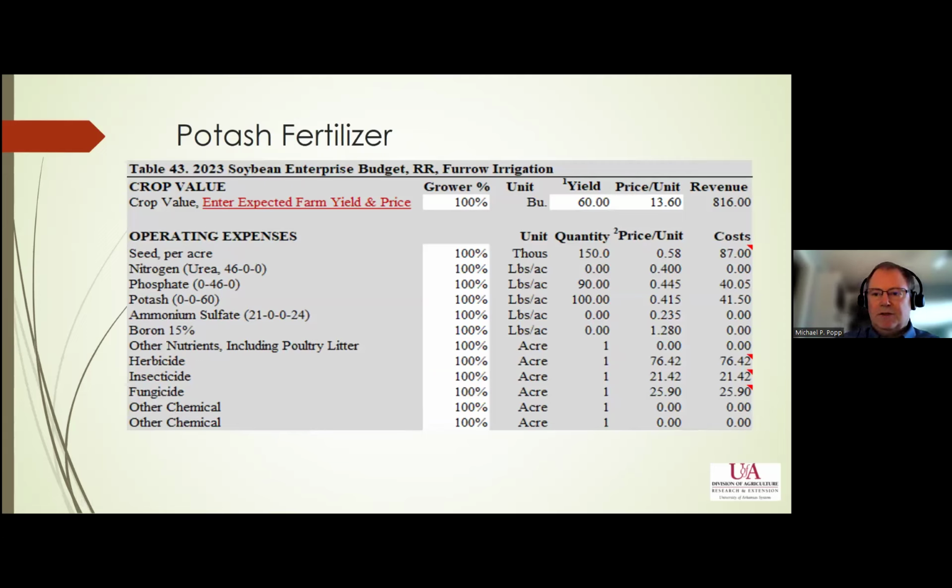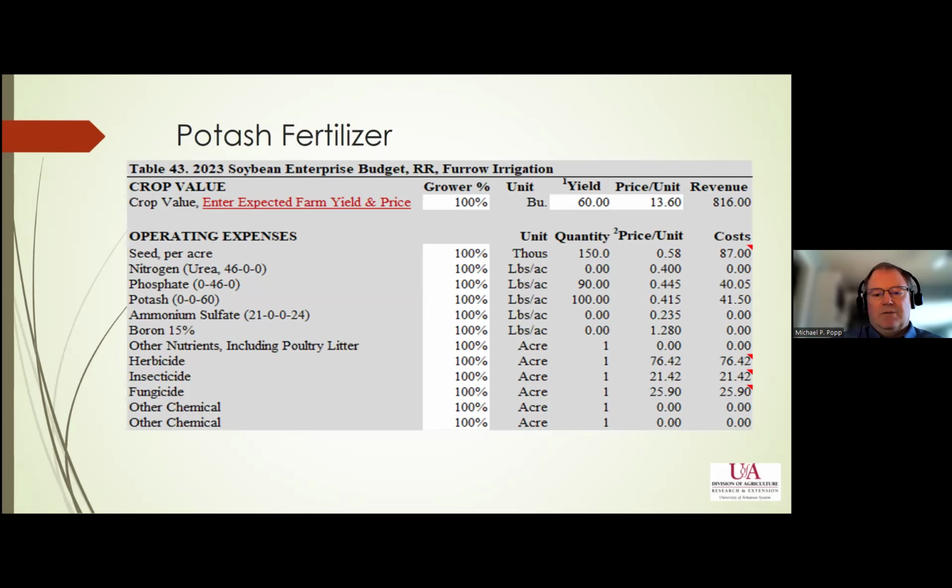So I gave an extension talk this spring, and we were discussing potash fertilizer. As an economist, we look at the potash fertilizer cost and say to ourselves, well, how important is that rascal compared to revenue? These are the 2023 soybean enterprise budgets for irrigated Roundup Ready soybeans in Arkansas. They were put up sometime in the fall. So $816 worth of revenue on a 60 bushel yield target. And then here we've got potash fertilizer, 100 pounds at 0-0-60, so 60 pounds of K2O per acre at a cost of